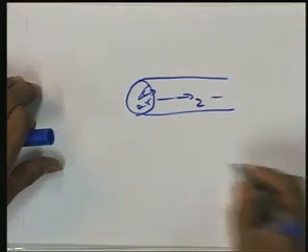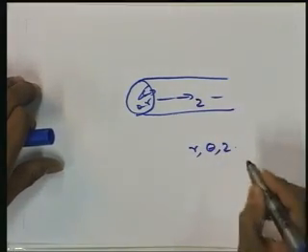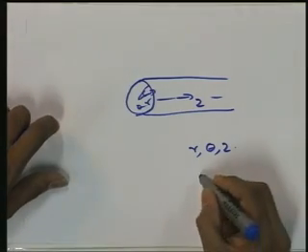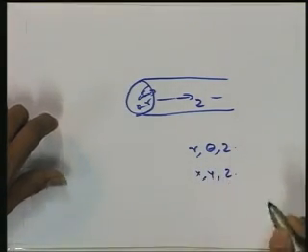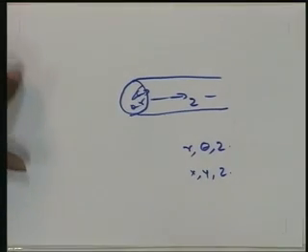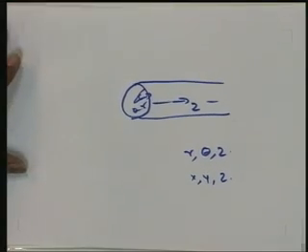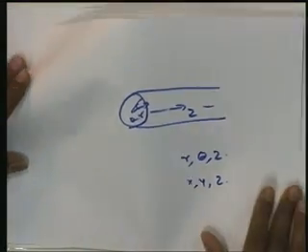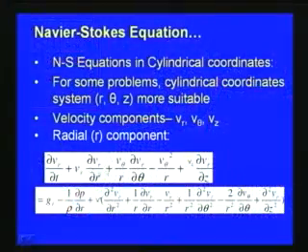So, here the coordinate systems are in terms of r, theta, z instead of x, y and z. The velocity components correspondingly are Vr, V theta and Vz. The Cartesian coordinate equations we have seen can be transformed into cylindrical coordinates in terms of r, theta, z and the corresponding velocities Vr, V theta, Vz. Here we are not going for the derivation, but the equations are written directly.